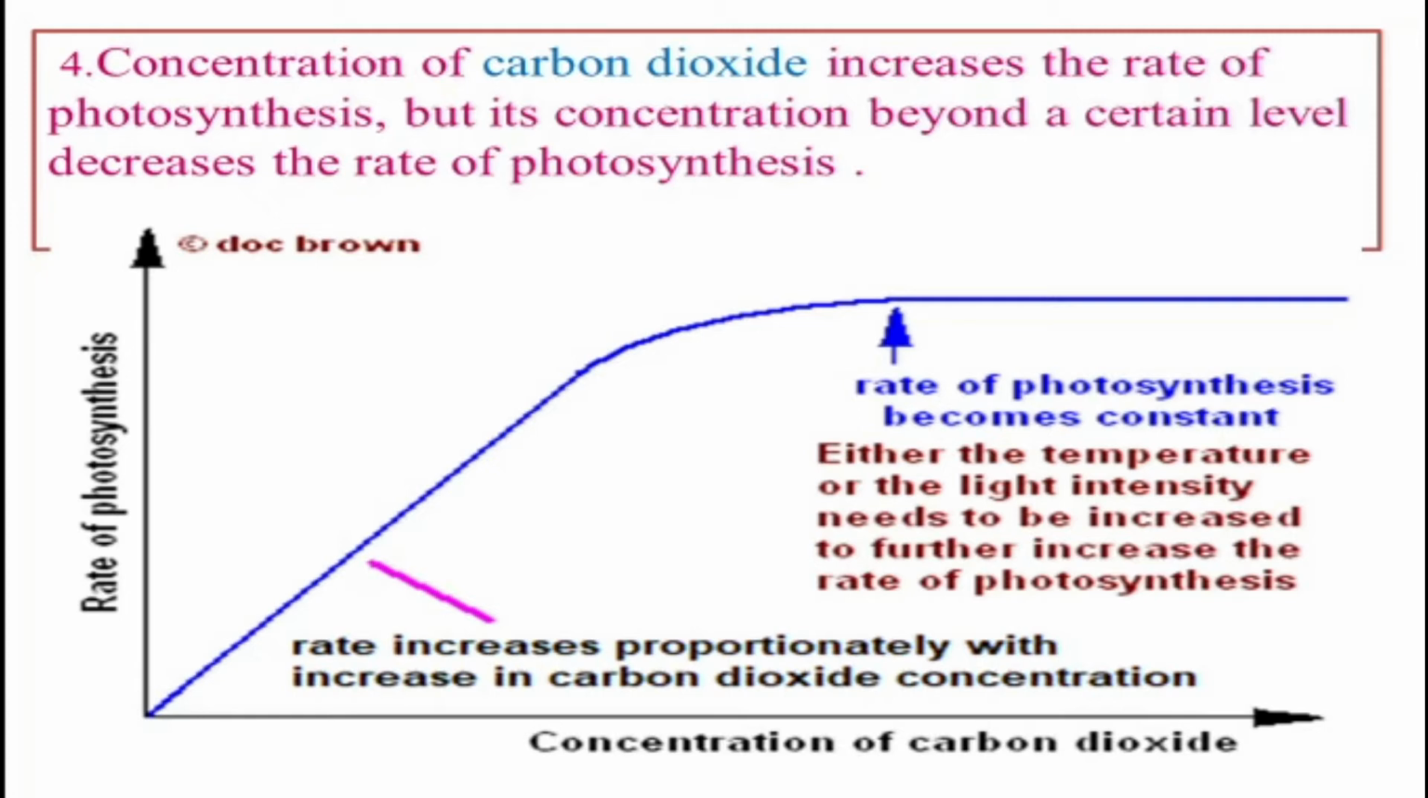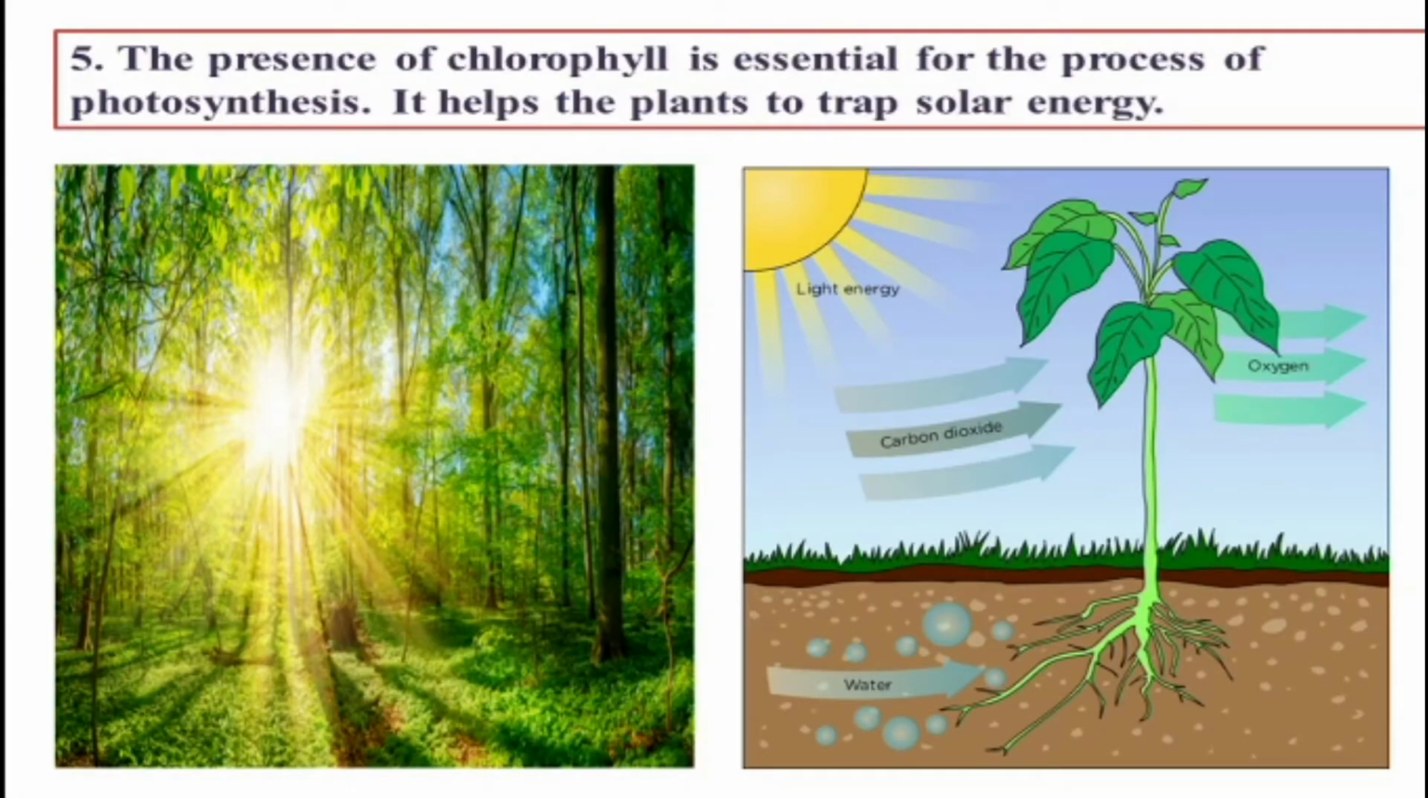Yes, as the carbon dioxide level increases, the plant takes more carbon dioxide and the rate of photosynthesis increases. The rate increases proportionately with the increase in carbon dioxide concentration. So the plants use more carbon dioxide, and at the same time the level of photosynthesis also increases. That is given in this table. And the fifth point: